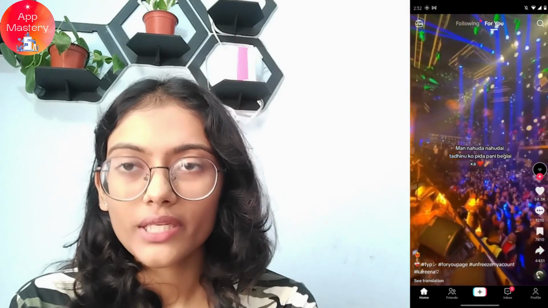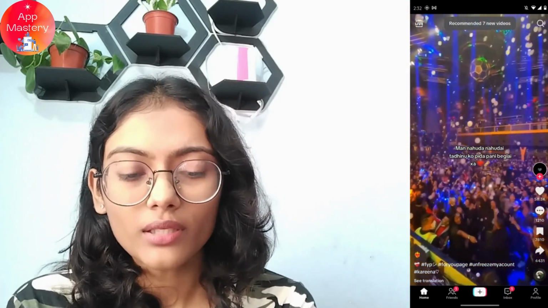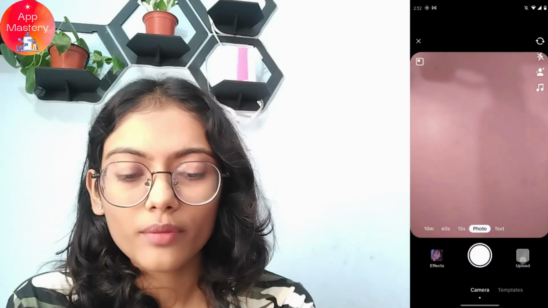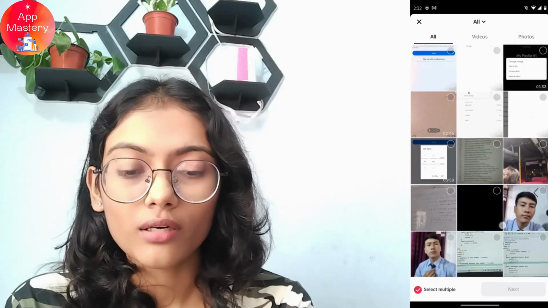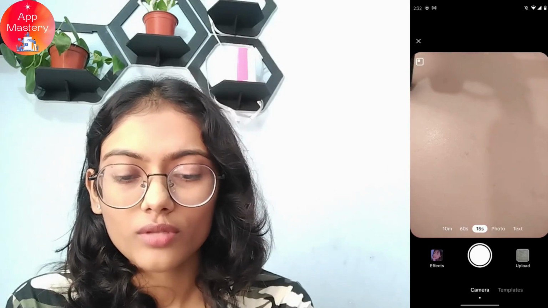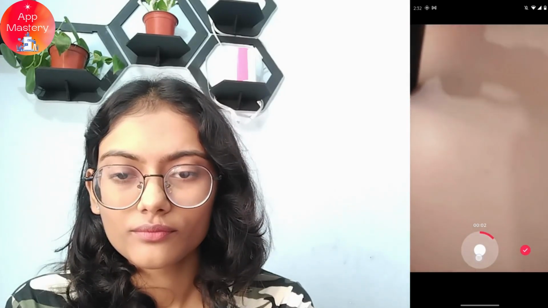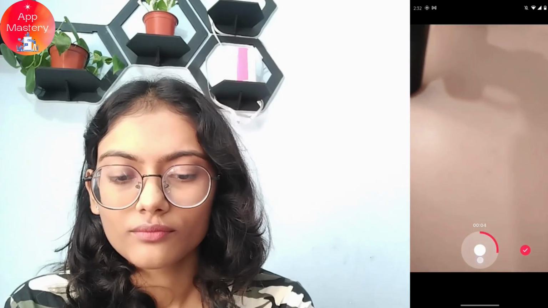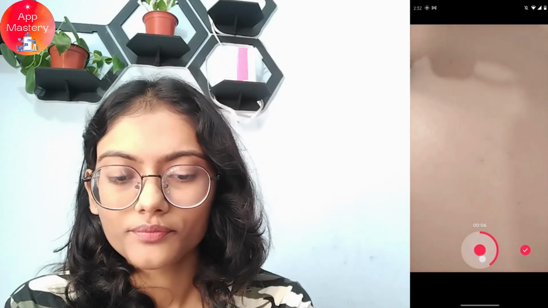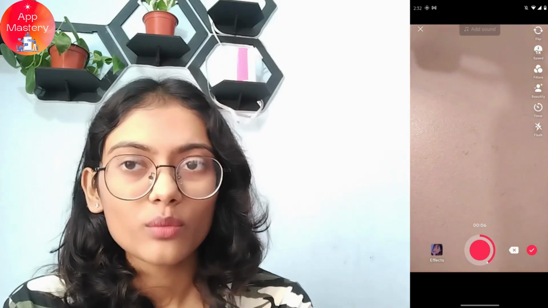and then go for the create icon, which is on the bottom middle, and now go for upload, or you can also take a video right now. So I'll be taking a video. And then tap on the tick, which is on the right,